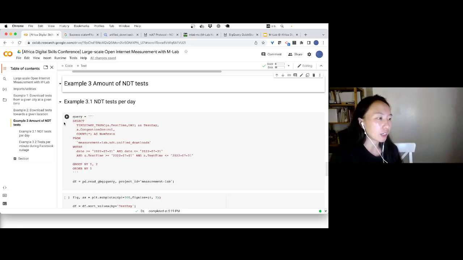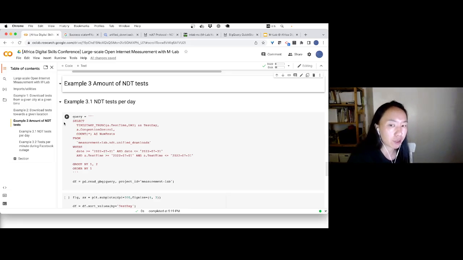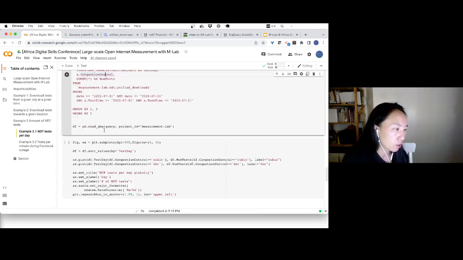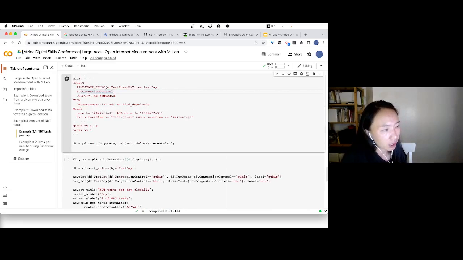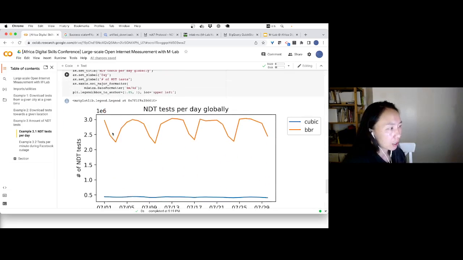So looking at the amount of tests in an area can often be super useful. This is a query that's looking at how many tests per day. It's also getting into something a little more detailed about which congestion control algorithm is being used. I provided that as an example in case that's something you want to look at, but if not, the important thing is to note that